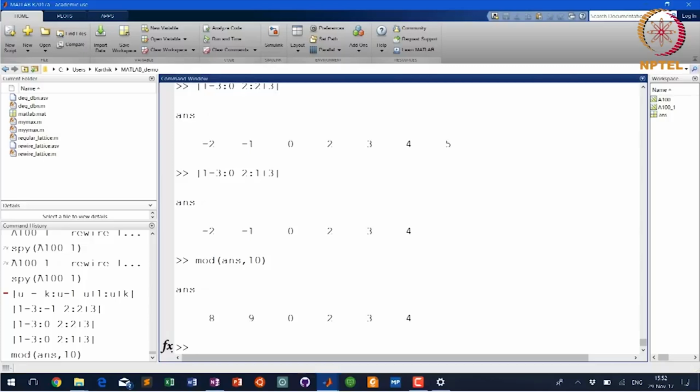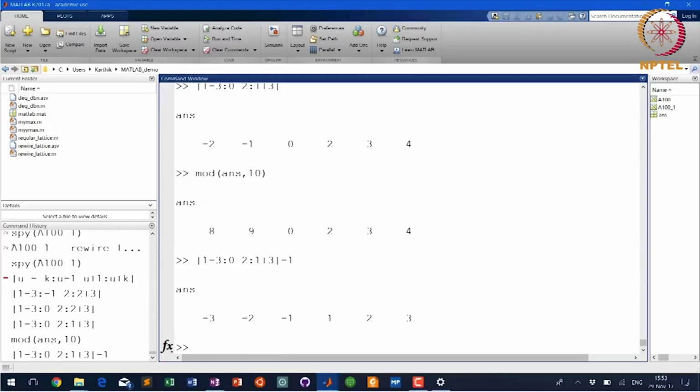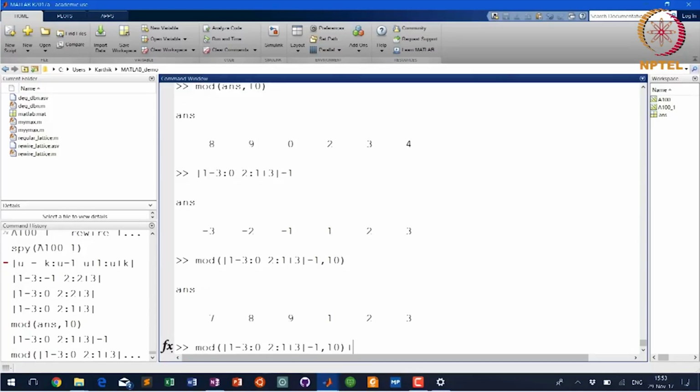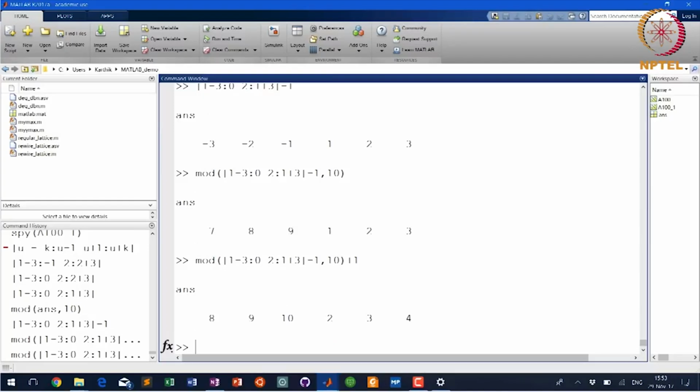Because your nodes are going to be numbered 0 to 9. There is no 10th node. Right? So instead what you do is you do minus 1. This gives you, and then you do mod of this comma 10 plus 1. In Python, even though I numbered my nodes from 1, I put an if-else statement and said if I plus this thing is not equal to 1. So if the mod is 0, it will take